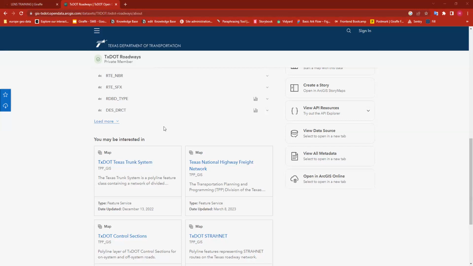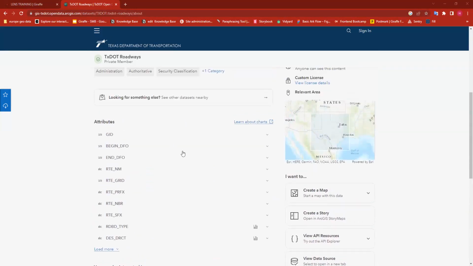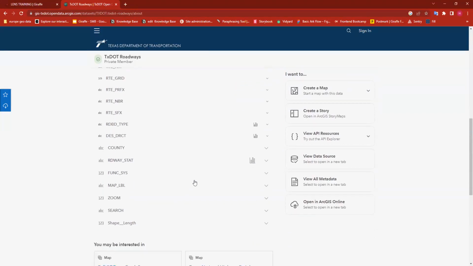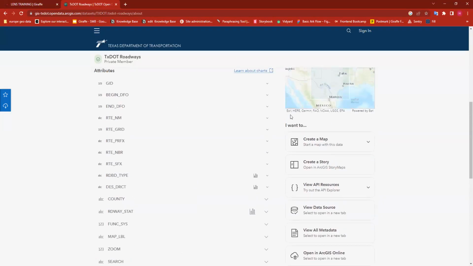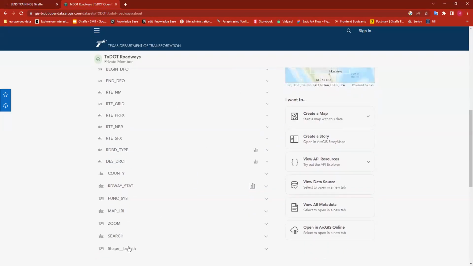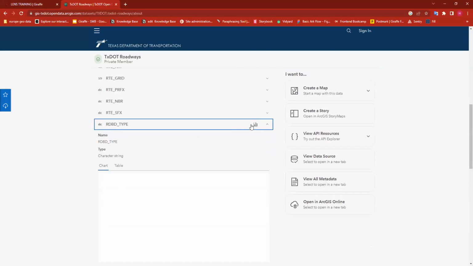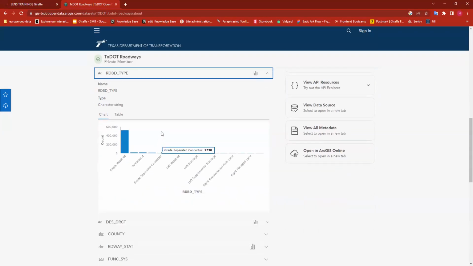So this kind of website for that data set is really good for exploring the attributes and figuring out what the purpose of those attributes are. So in here, I can see, again, this is the same list that was showing up in my map previously, but now I can drop down here and see what actually are the contents of each of those data sets. So now I can tell based on what I'm looking at here that, oh, this probably means road bed type, because these are different types of